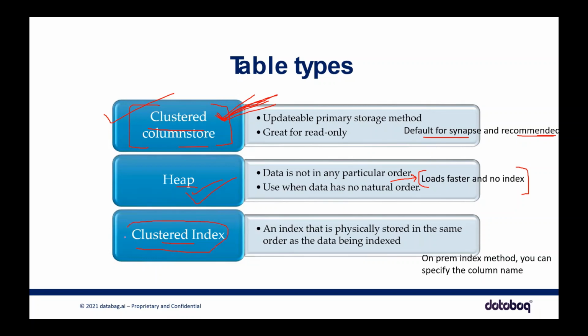I think clustered index is like the legacy index which we have in on-premise SQL databases. Usually in the clustered index, you define a column name, like add clustered index on the column. So this is kind of similar to the hash technique which we have seen. For example, if you feel that most of the time you'll be adding a product category in your where condition, so you want to index only that column, then you use clustered index. Mainly this is the index done for the on-premise method. You can specify the column name. So mainly we have these three types. There is one more type, non-clustered index, but we don't really have to understand that. But just try to memorize this.